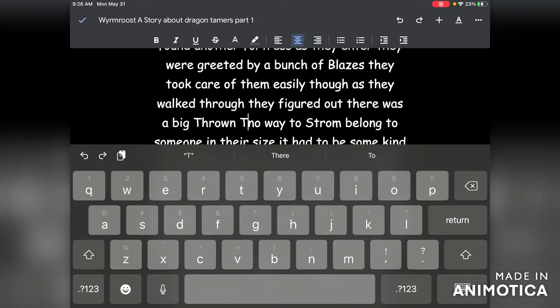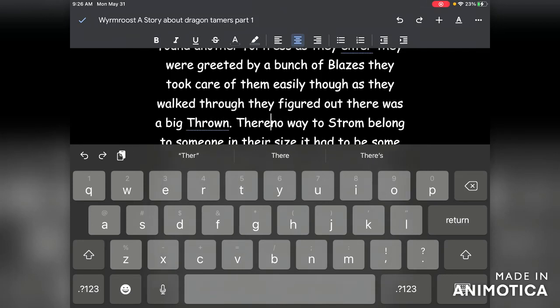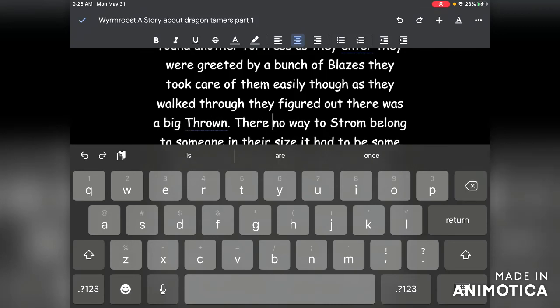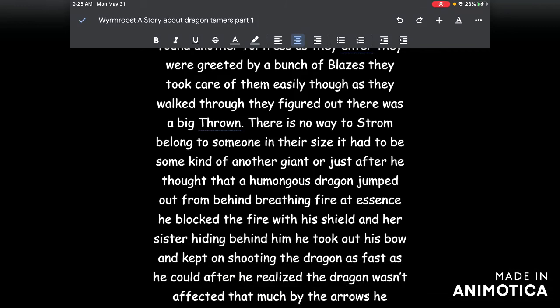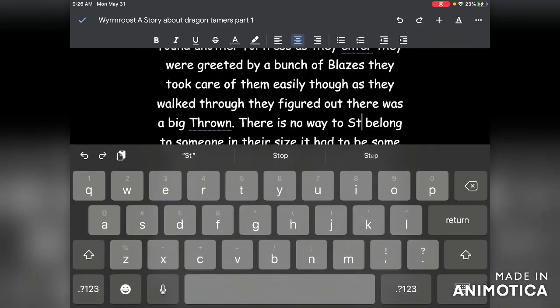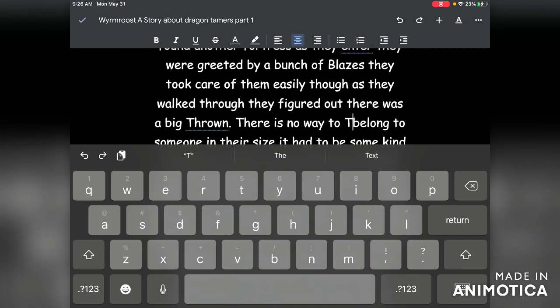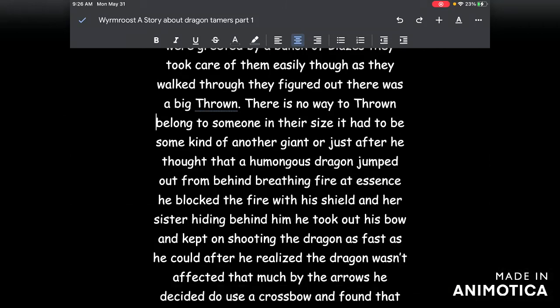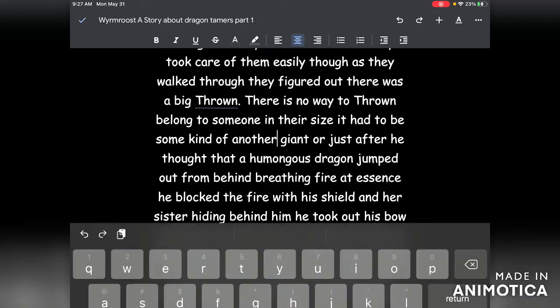This is where the ARMS strategy comes in. So I have to add a few words and remove a few words. So let's write throne and period. There is no way the throne belonged to someone on their side. It had to be some kind of nether